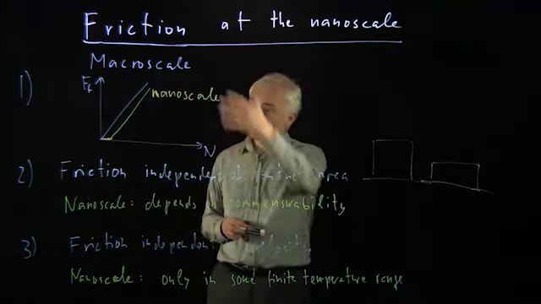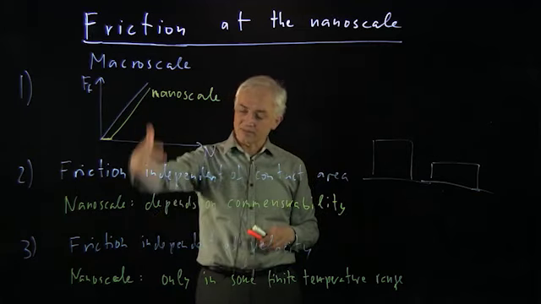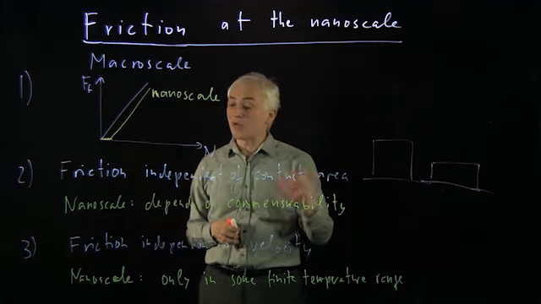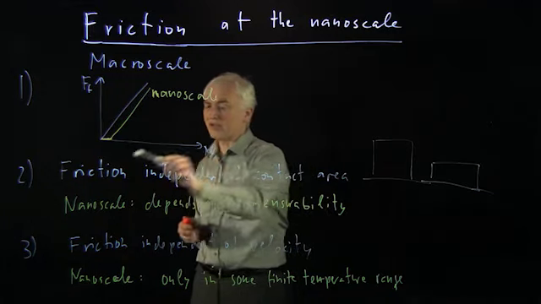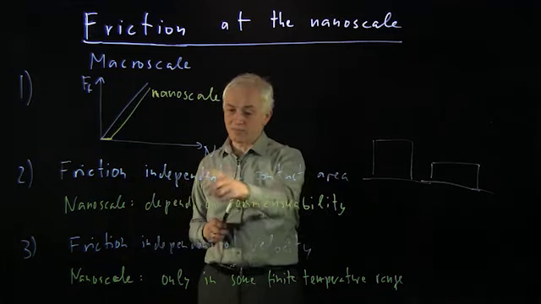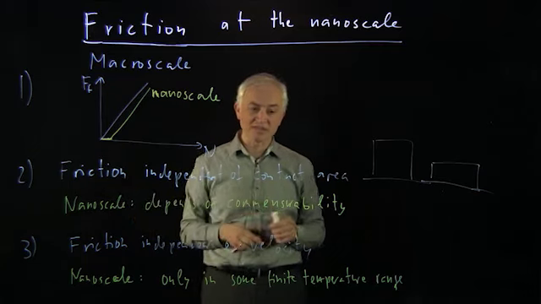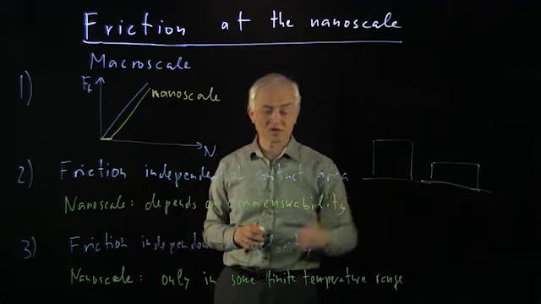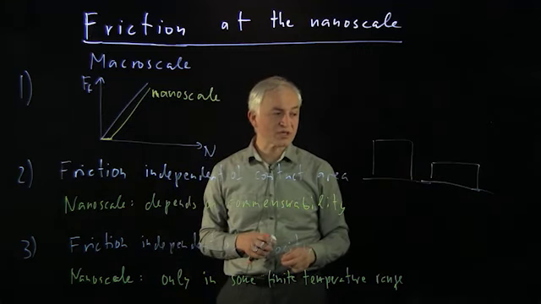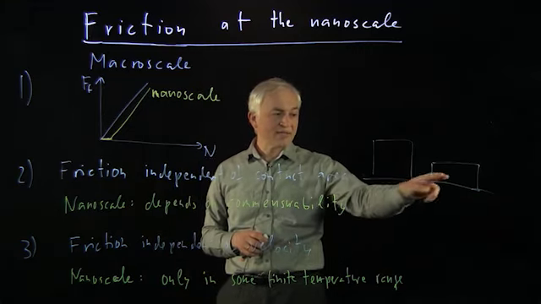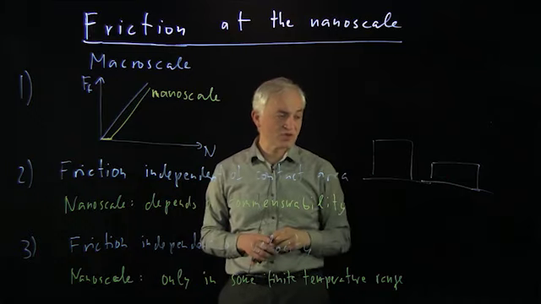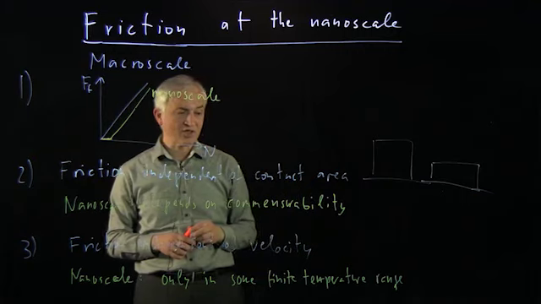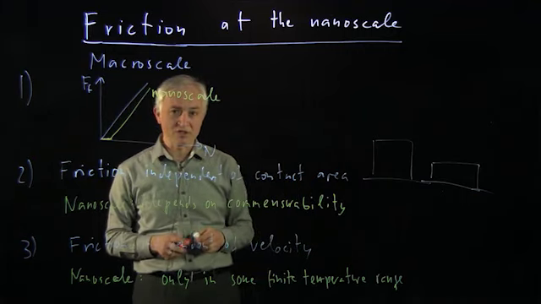So one can see that there are nice connections between the nanoscale and the macroscale, but many open questions remain, in particular concerning the point 2, which is that the friction is independent of the contact area. What does the contact area really look like between two macroscopic objects? And how is it that this independence on the surface area, or at least on the apparent contact area, actually arises from the properties of friction at the nanoscale?